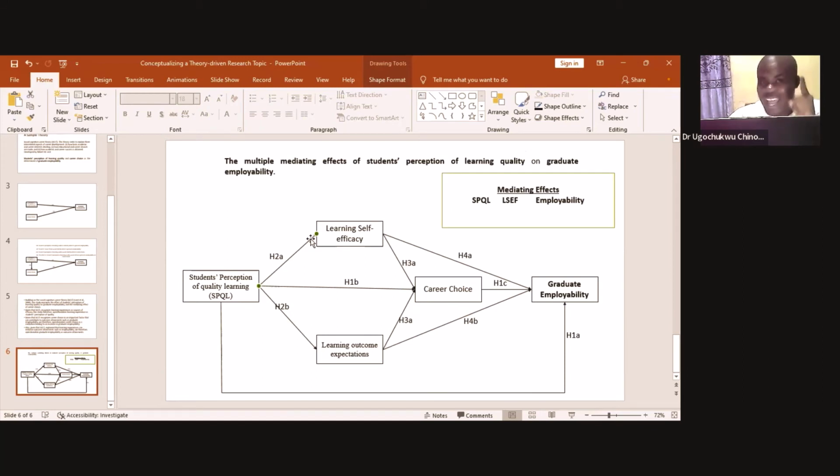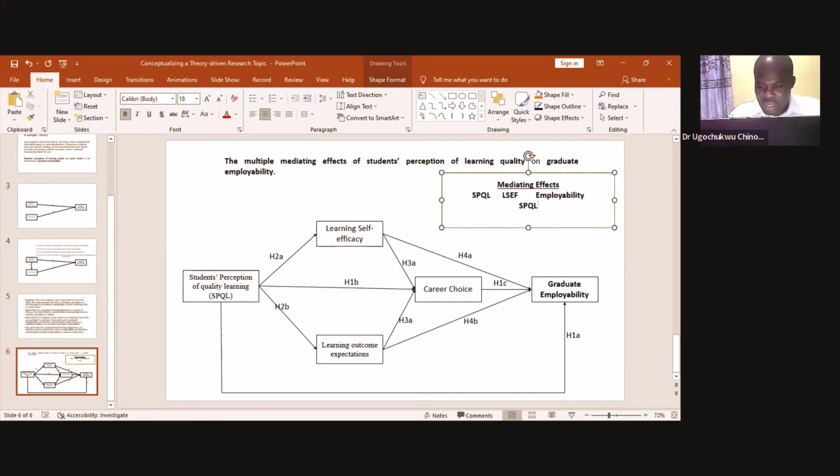What your research is looking at is the direct relationship between this and this, and between this and that. So these arrows show the direct relationships from variable A to B, variable B to C, variable C to whatever. Okay, so for the mediation here, our focus is that we have one independent variable, one dependent variable, mediating variable 1, mediating variable 2, and mediating variable 3. Okay, pretty good. Then we have